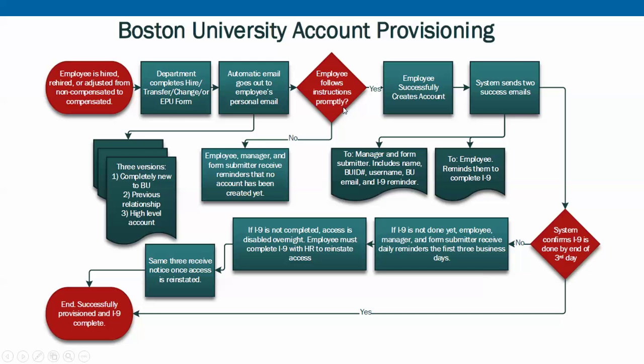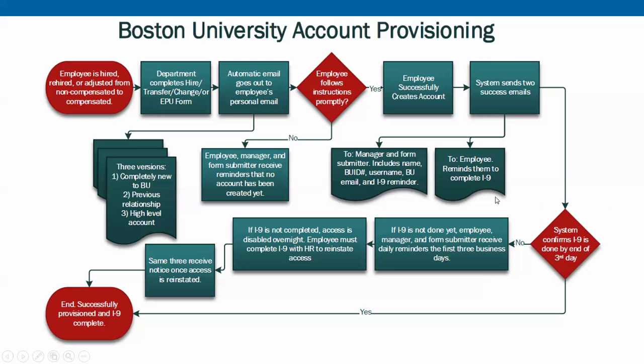Then let's say the employee follows the instructions promptly, so they create their account. The system is going to send 2 success emails. So the first one is to the employee, reminding them to complete their I-9. And then the second one, which is coming late April, will be to the manager and form submitter, which includes name, BU ID, username, BU email, and I-9 reminder. So this one isn't there yet, but this one we're looking forward to having. The one that goes to the employee